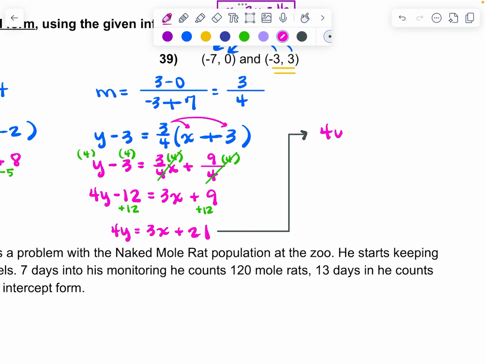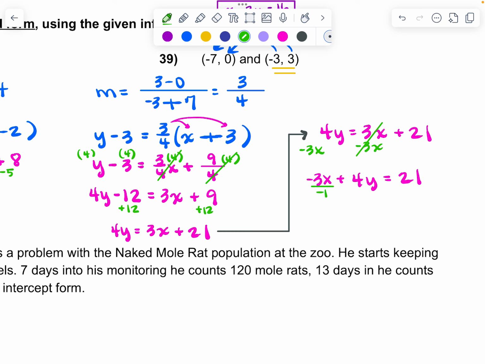All right, here we go. I'm just going to pop up here. Let me write that same thing down so I don't lose anybody. Here's our last step. All right, so standard form, we need all those x's to one side. So I'm going to have to subtract the 3 x's over here. All right, and so that is going to give us negative 3x plus 4y equals 21, which is oh so close,